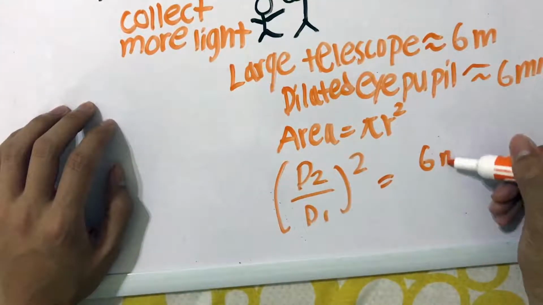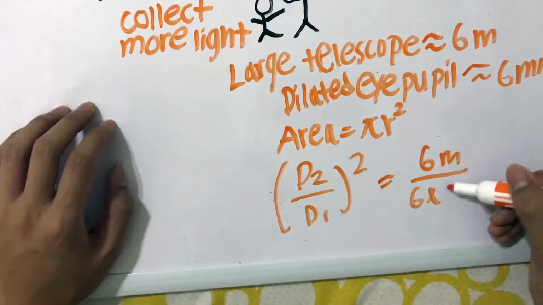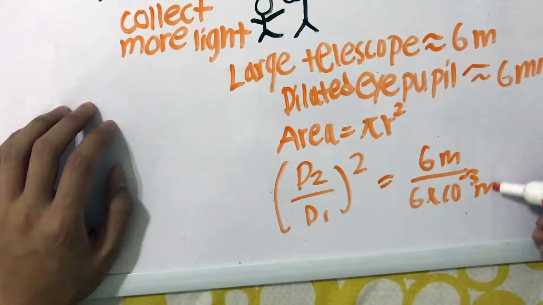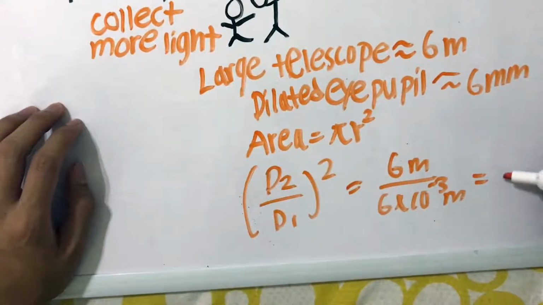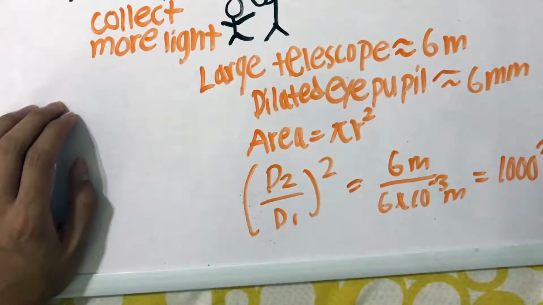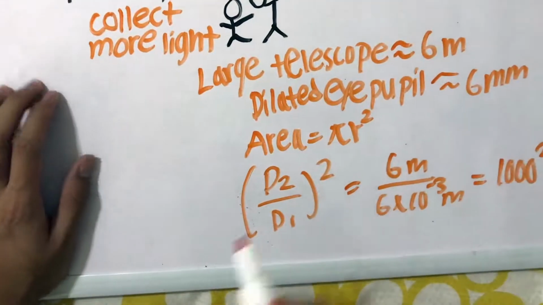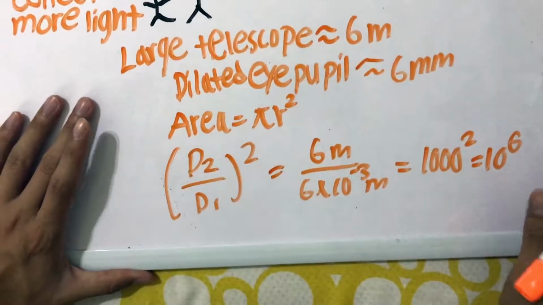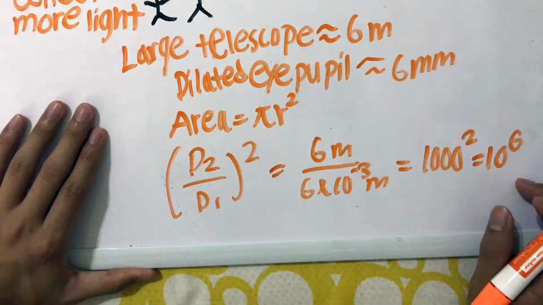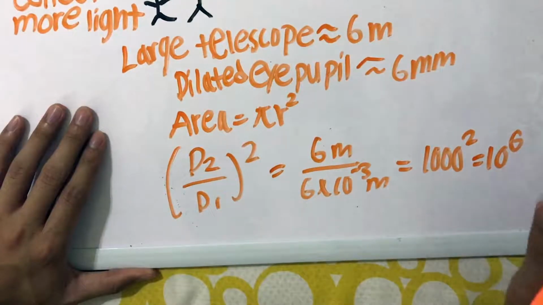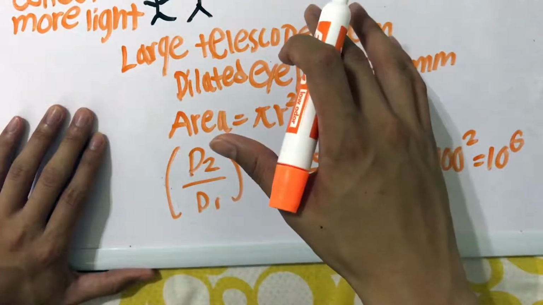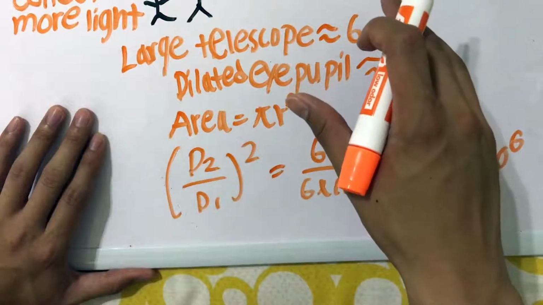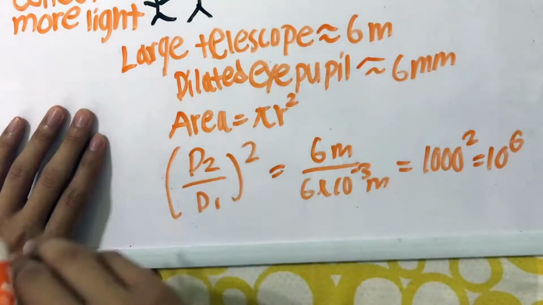So 6 meters over 6 times 10 to the negative third meters is equivalent to 1,000 squared, and that's 10 to the 6th power. And 10 to the 6th power is approximately 1,000,000 times. So the telescope can actually see things 1,000,000 times fainter than the eye, and that's an interesting fact